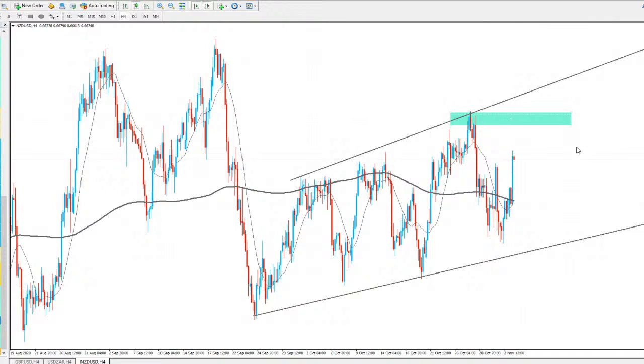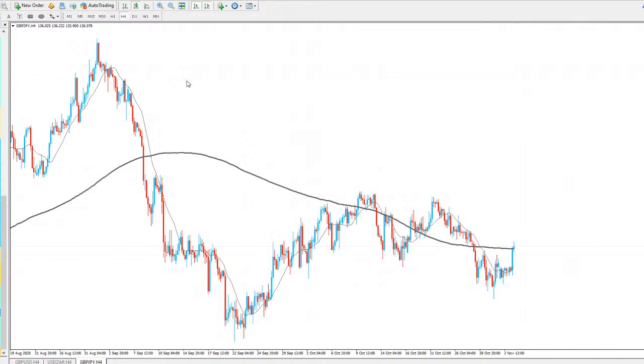For NZD/USD, for me, there's no real clear opportunity. Kind of just in the middle of that channel. Want to be buying at the lows and selling at the highs for this one. So for me, I'm going to let this one go and potentially see if we get an opportunity later on. If maybe we're back up here again, I'll probably be looking for some shorts if we get some nice price action on the 4 hourly time frame. But won't be looking at any NZD/USD trades as of yet.